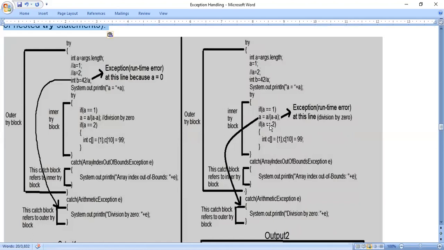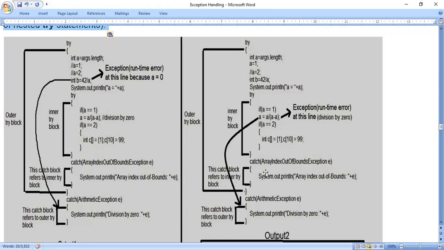So only the catch statement which belongs to the inner try block should handle this. The catch statement present inside the outer try block should not handle. That is the meaning of preceding try statement. A catch statement belongs to the immediate try statement. So whatever error is generated in the inner try block should be handled by the inner catch statement only.